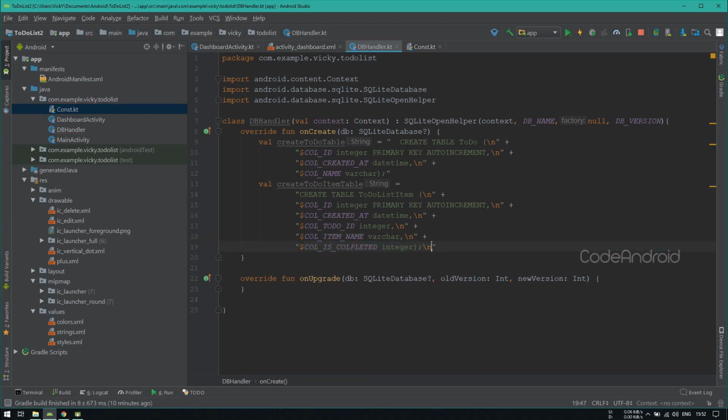Removing \n characters to avoid confusion. To store the current time in the created at field, adding default as current timestamp.